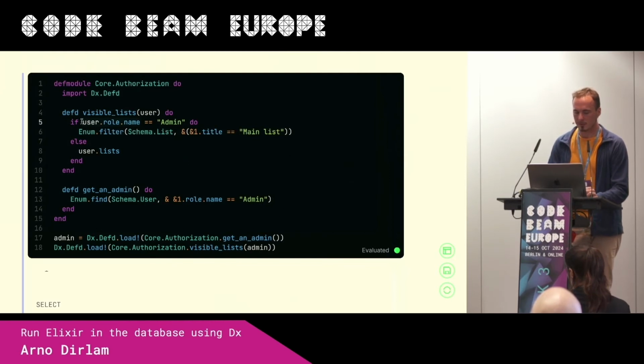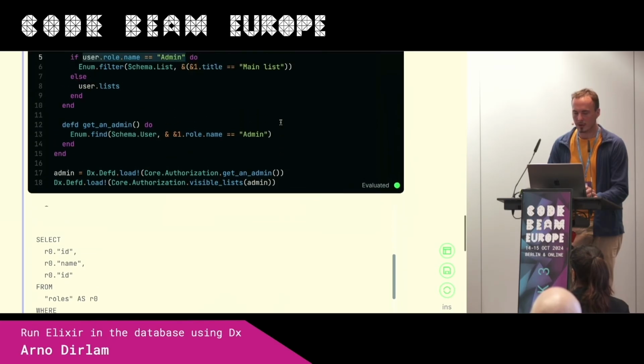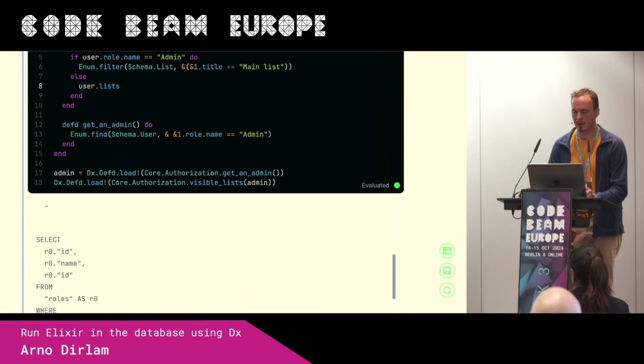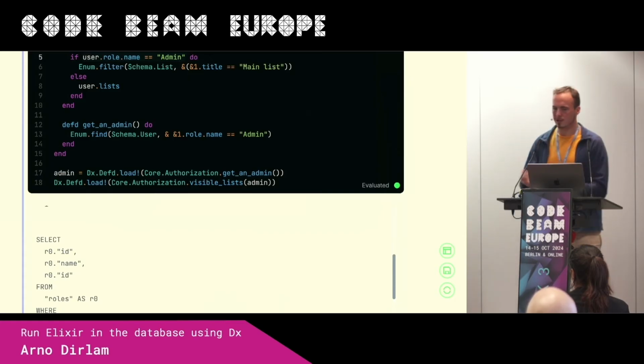And here, for example, because we have the if, it does that first, and then either runs this query or this query, depending on what this returns. So you never load data that you don't actually need.